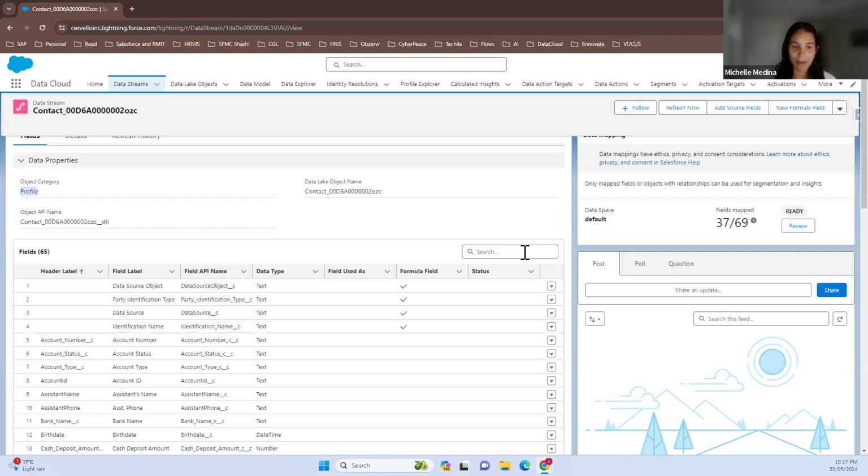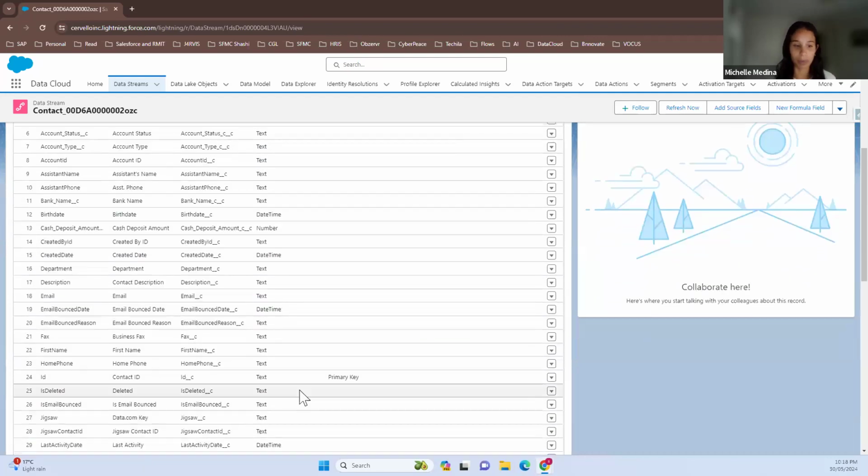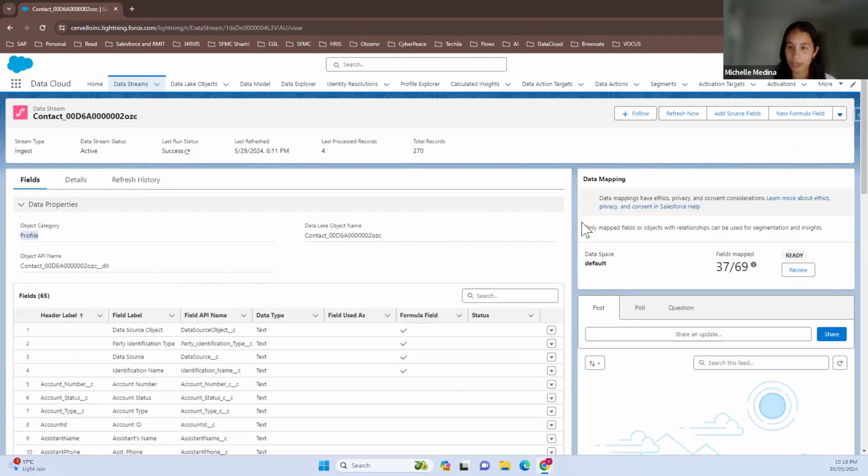We do have formula fields, but we don't have a formula field to create a new primary key because the Salesforce CRM ID is actually our primary key. So there wasn't a need to create this unique identifier for that data source. If you scroll back up, we'll look at the fields that have been mapped on the right. If you click on the review button under data mapping,